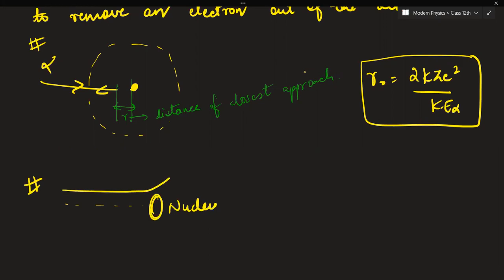The ones which are getting deflected by some angle, let's say deflected by theta. So this separation is known as the impact parameter. Find the perpendicular distance between the velocity vector and the center of the nucleus. This is known as the impact parameter. So this distance B is the